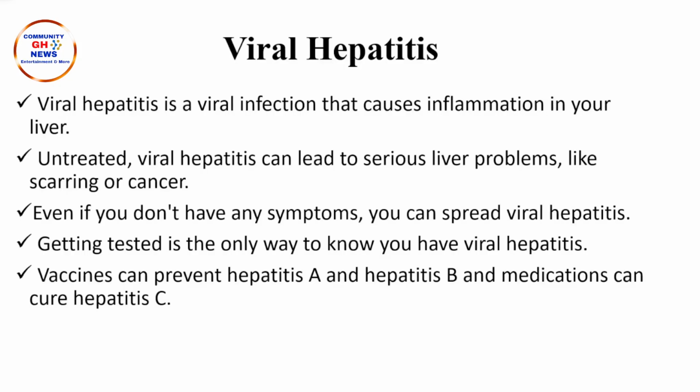Most of the time, people who have viral hepatitis don't really show symptoms. You might see a lot of people walking around, because it's mostly chronic. It's only a few people who have the acute setting of the disease. If you have hepatitis B or hepatitis C and you are not showing any symptoms, it's mostly because the viral load, the amount of virus in you, is not so high to cause an overt illness. So you will just be walking around with no symptoms. The only way you can get to know you have viral hepatitis is if you get tested.